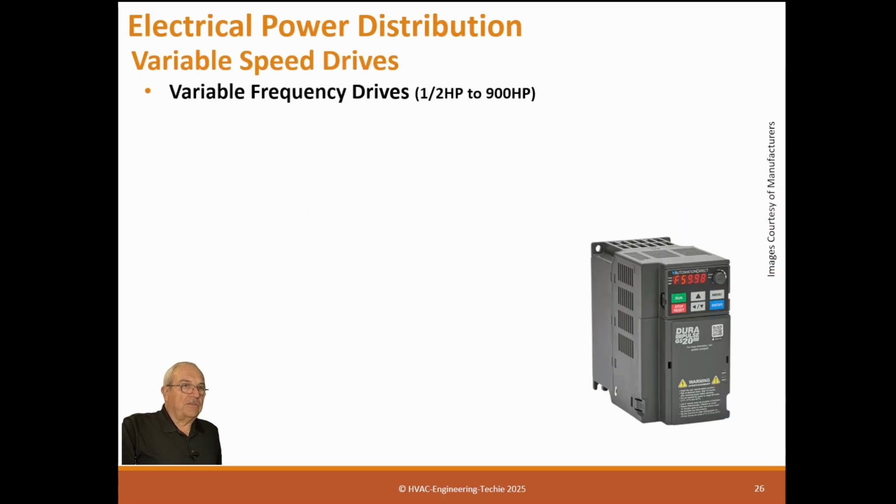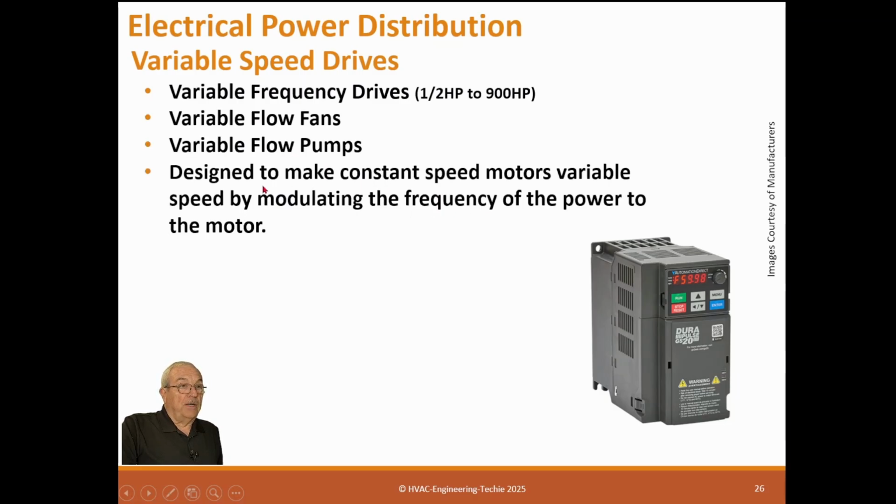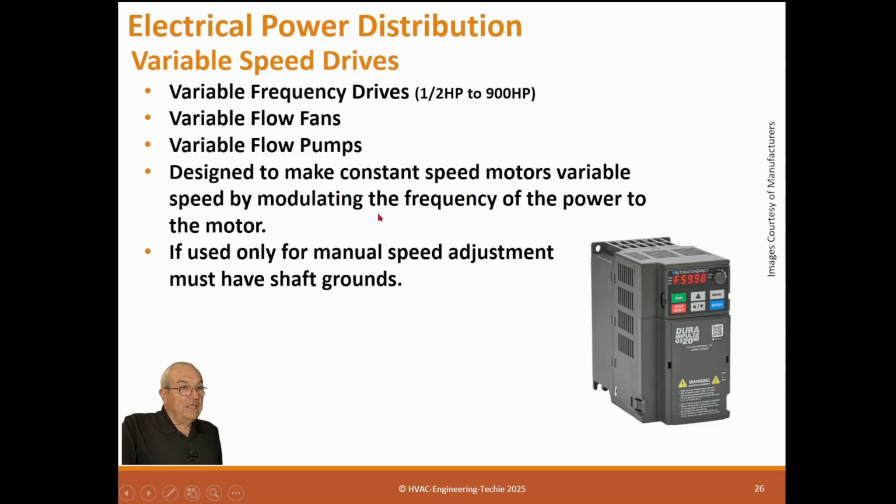Variable speed drives. Boy, we use these everywhere now. They come from 1.5 horsepower up to 900 horsepower. You don't actually need one for anything real low. You can use a different mechanism to do variable speed. Variable flow fans, variable flow pumps, designed to make constant speed motors variable speed by modulating the frequency of the power to the motor. If you use them only for manual speed adjustment, then they've got to